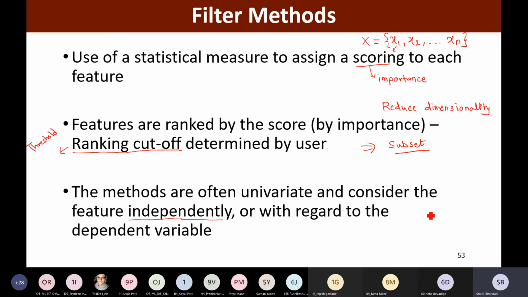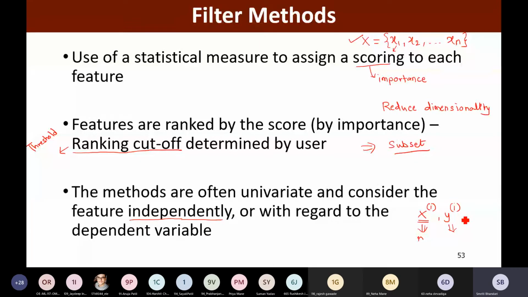We know that every instance is denoted as xi, yi. So what is this xi? Xi is actually this feature vector, wherein we are having several features, n number of features. And what is this yi? If it is a classification problem, this is a class label.